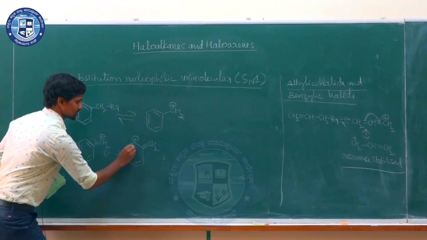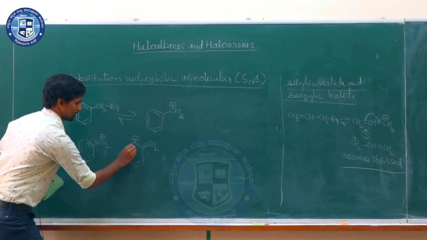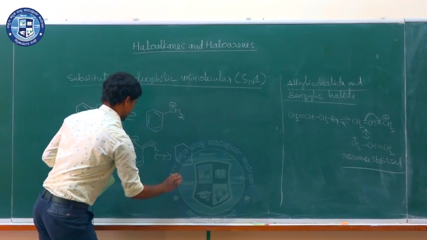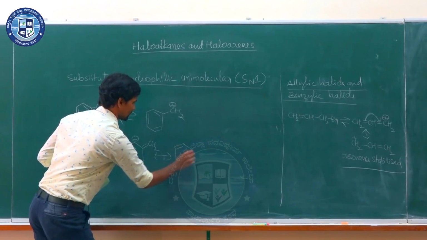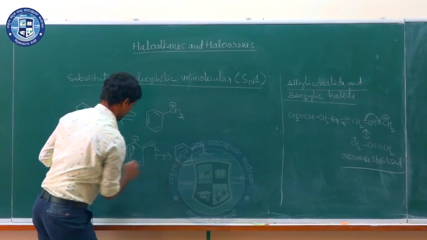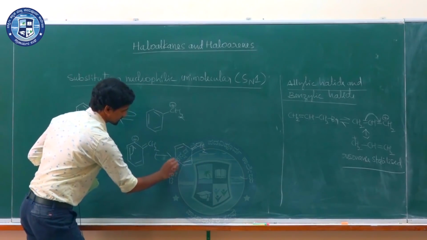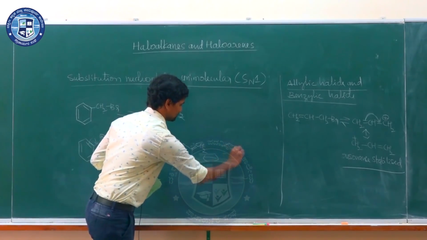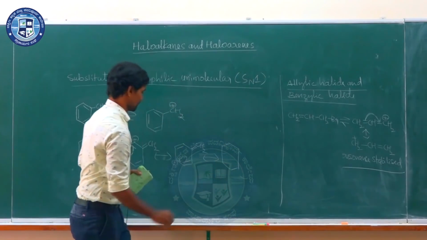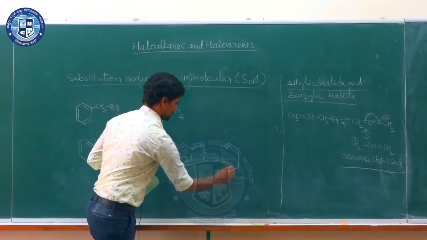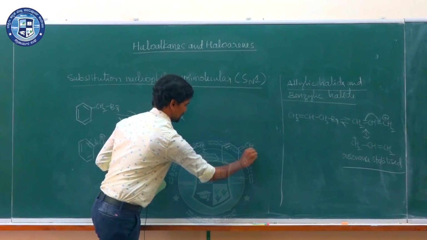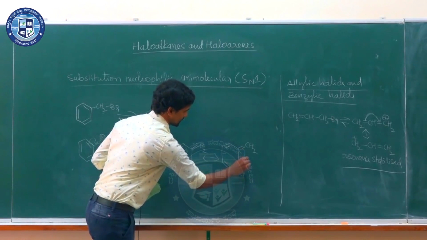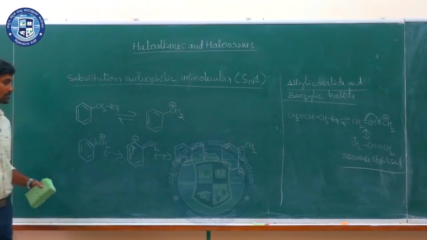You can write one more resonance structure by shifting this electron pair here. So, what is the resonance structure? Here double bond, here double bond and double bond here, CH2. Now, here this carbon has lost an electron, so the positive charge will be here. Now, shift here. So, you can write one more resonance structure. So, double bond here, double bond here, double bond here, CH2. This carbon lost an electron, therefore, the positive charge. This you can shift here. That time you get the first resonance structure.